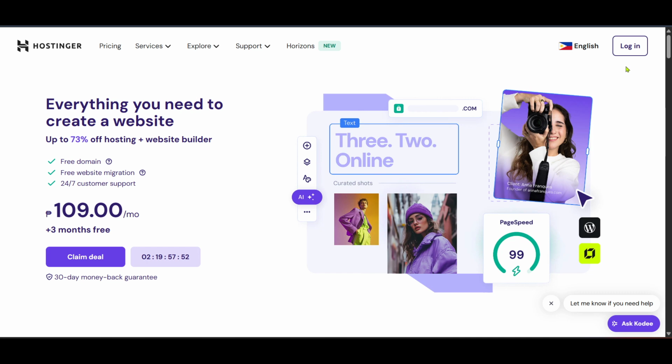Once you are on Hostinger's homepage, navigate towards the top right corner where you'll see the option to log in. Click on that. If you already have an account, simply enter your credentials to log in. If not, you'll need to set up an account by following the on-screen prompts. It's a fairly straightforward process. Logging in is essential as it grants you access to your personalized dashboard where you manage everything related to your